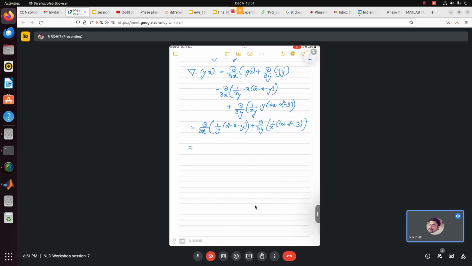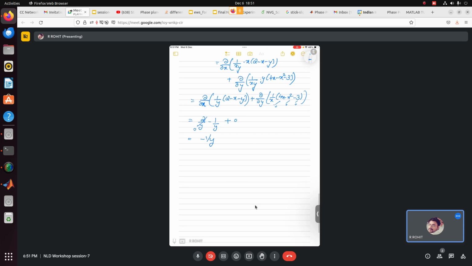Now if you take the derivative of it, you will see that this 2 by y times ∂/∂x, when compared to this, will be 0. Then you are left with minus 1 by y, plus ∂/∂y of 4x. x is taken as a constant, 3 is also constant, so this will be 0, and you are left with only minus 1